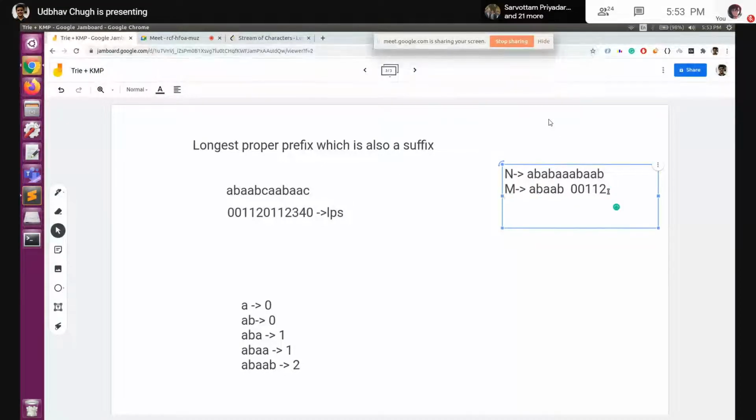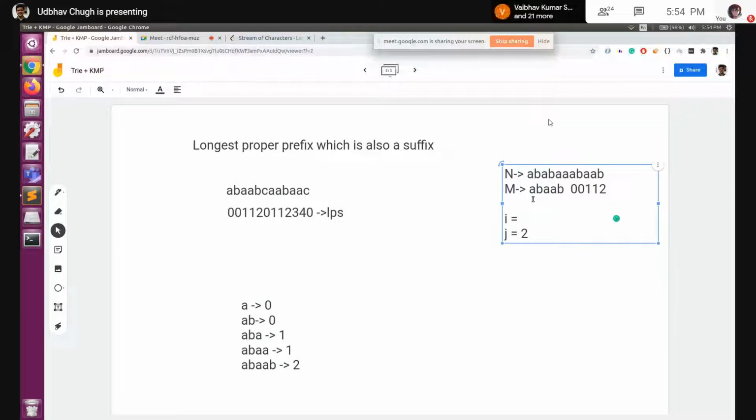So how we use that is as follows. We are searching for ABAAB in the given string n. I'm keeping i as my index for n and j as my index for the query string. Initially i is equal to 0 and j is equal to 0. I compare them and check, okay, they both are equal. So I move forward, to i equal to 1, j equal to 1. Now I again see that B and B are also equal. I move to 2, 2.